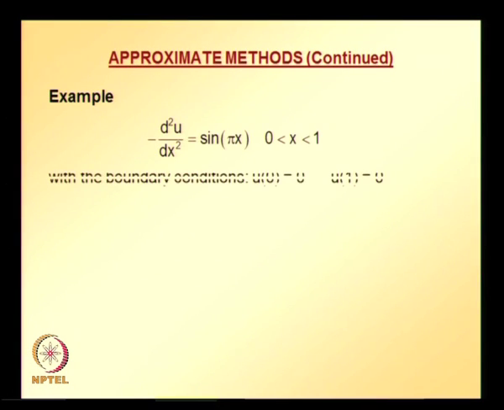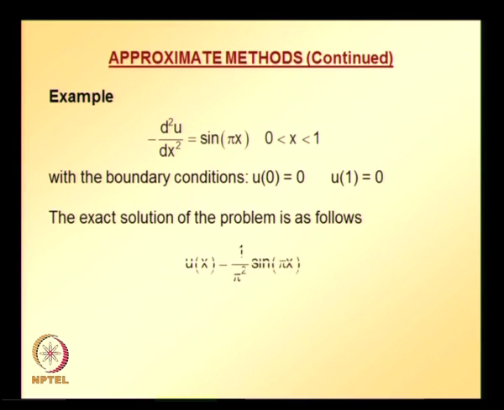So this is the example that we are looking at, and the exact solution is this one. So let us start with a polynomial based trial solution, and let us take a quadratic trial solution. It is up to us to what order we can choose. So here we will solve this problem using a quadratic trial solution, that is, let u be a naught plus a 1 x plus a 2 x square,